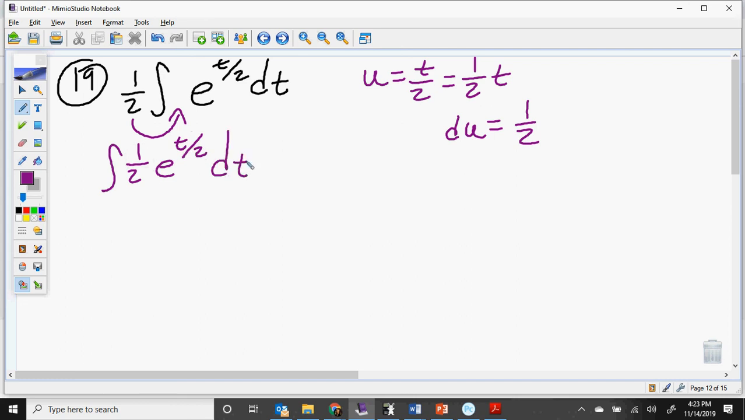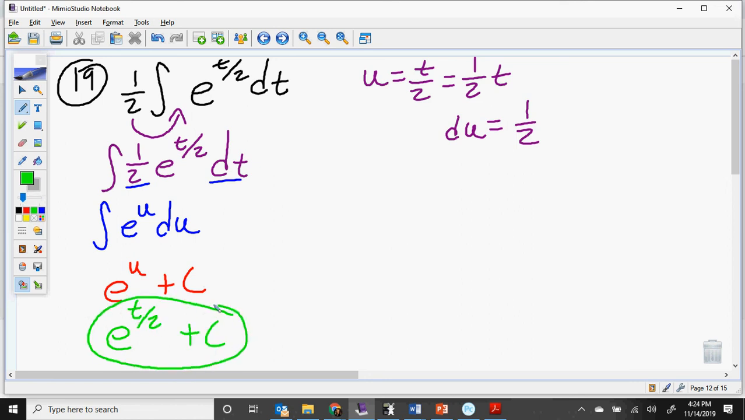And so we're usually moving our constants outside the integral, but we can definitely move it back inside, and then there we go. I have my du in there. I don't even have to add a constant on this one. So integral e to the u, and of course that and that is my du. The integral of e to the u is e to the u. My u was t over 2, so e to the t over 2 plus c, and that is option